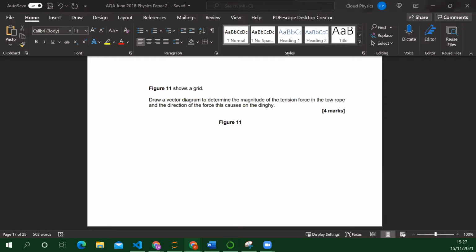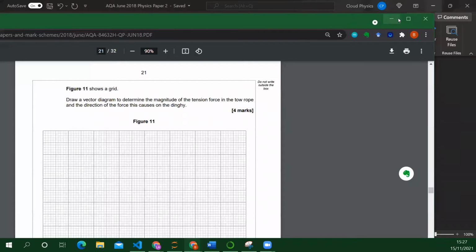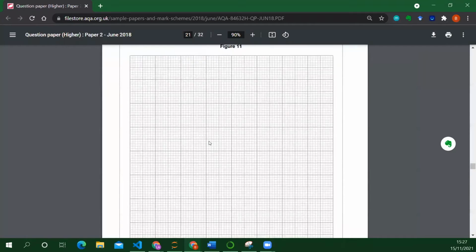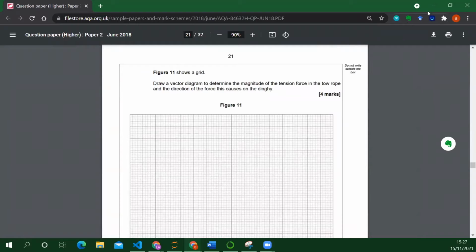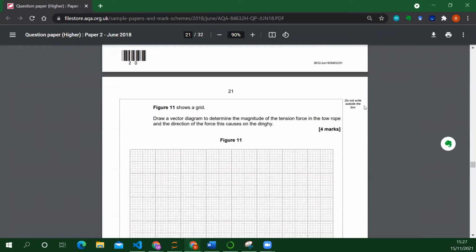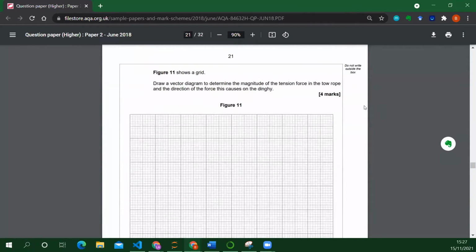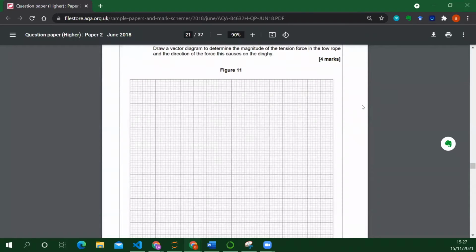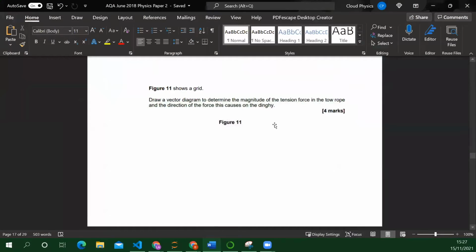So what it is, it's squared paper. Okay, like this, it's squared paper. So draw a vector diagram to determine the magnitude, so the resultant, of the tension force in a tow rope and the direction of force caused by this on the dinghy. So I'm going to sort of draw it